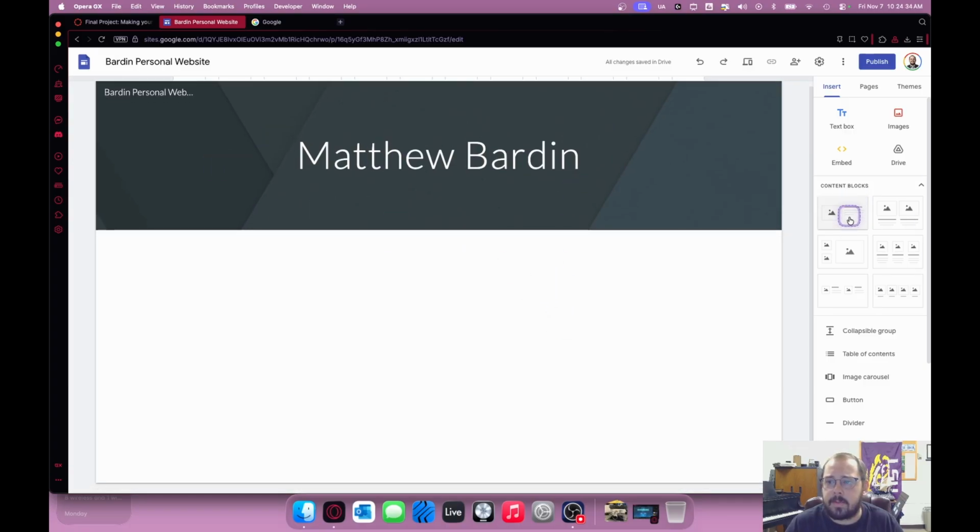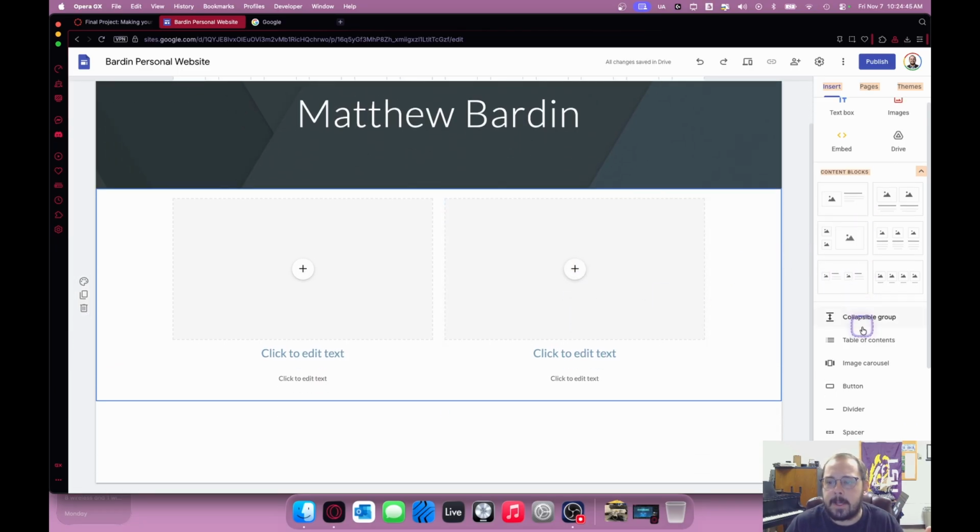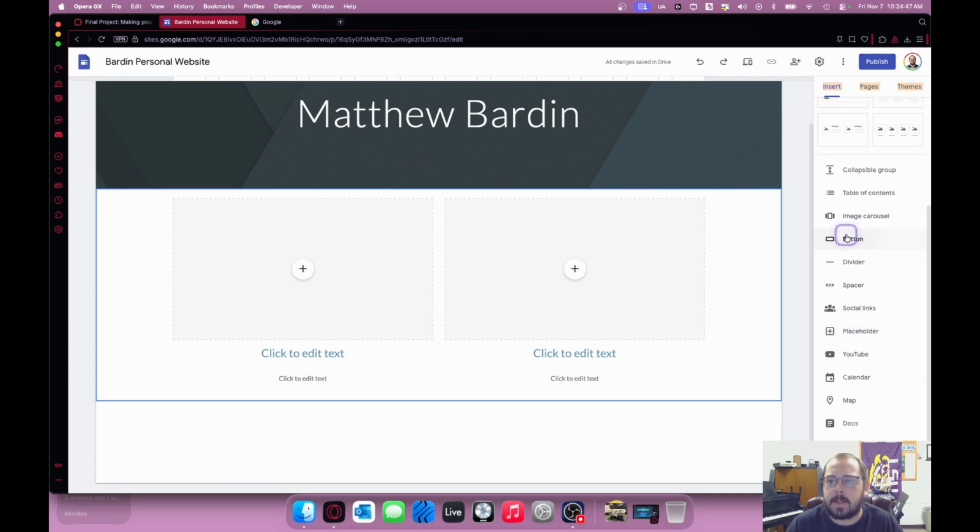Then, over here we have these different content blocks. So if I wanted to click and drag, I could stick that, and I can stick two things here with text and links, and you can check that out. So there's a bunch of ways that you can organize the data that you want to have on the website. If you want to stick a button somewhere, or maybe an image carousel, it's